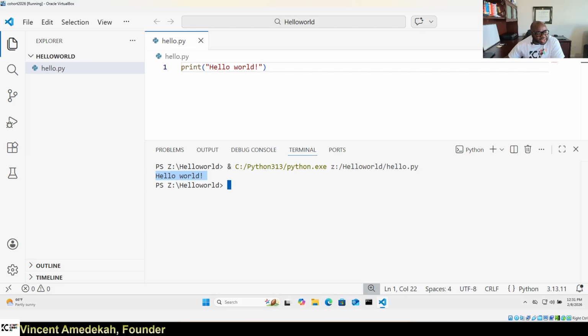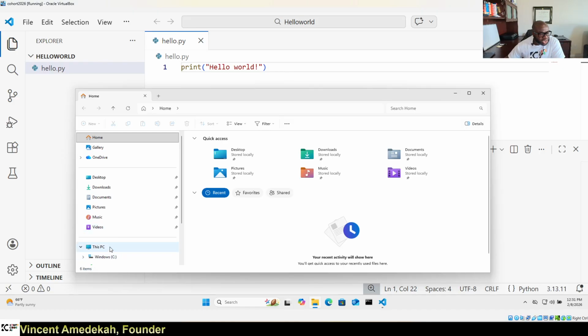Okay, now look at this command. Don't worry about this. Python behind the scenes is using the terminal. It's using PowerShell, going into the folder of hello world, and then calling the Python that I've installed in my C drive. So if you go to the C drive,